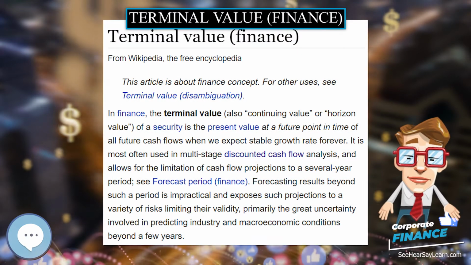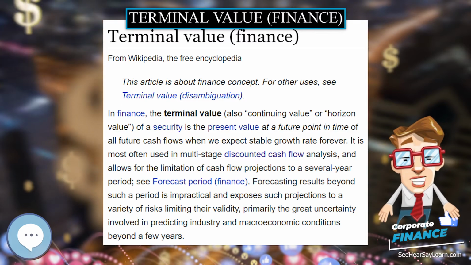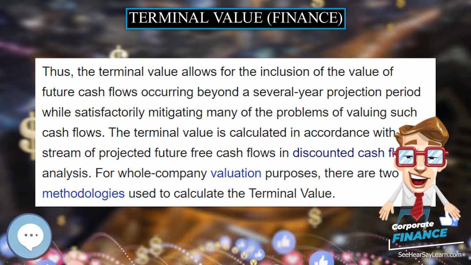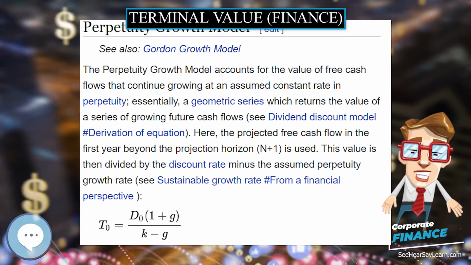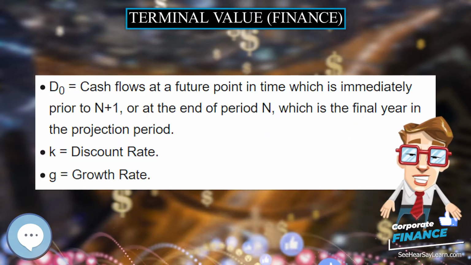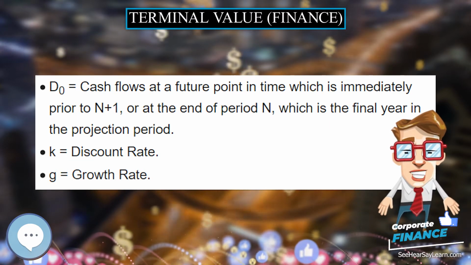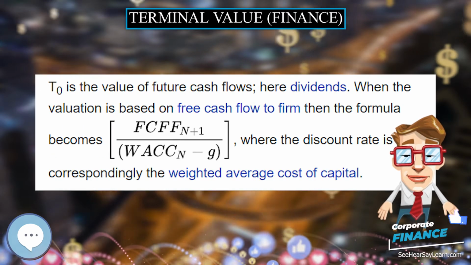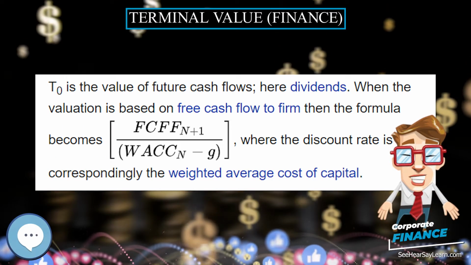Terminal value, finance. In finance, the terminal value, also continuing value or horizon value, of a security is the present value at a future point in time of all future cash flows when we expect stable growth rate forever. It is most often used in multi-stage discounted cash flow analysis, and allows for the limitation of cash flow projections